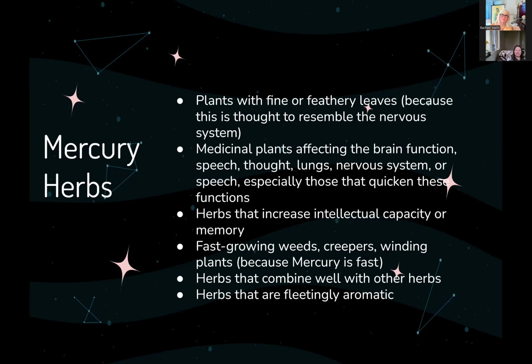Nice. Yes. So herbs typically have fine or feathery leaves because it's associated with the look of the nervous system. Medicinal plants that affect brain function, speech, thought, lungs, all of these are associated with communication, the nervous system, or anything that quickens the nervous system function, if it speeds it up. So herbs that increase memory, intellectual capacity, being able to communicate with others or understand others,